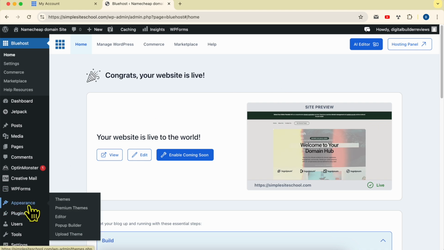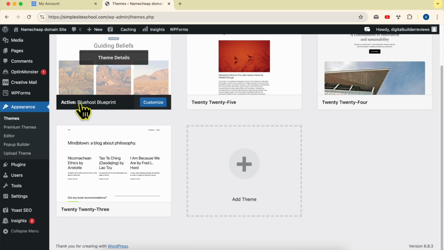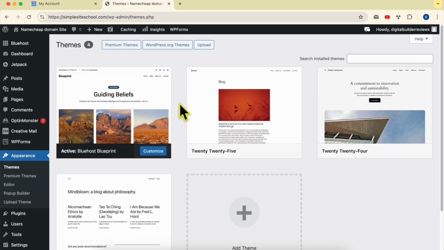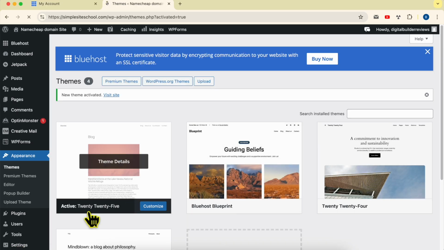Then go to Appearance. Here, as you see, I have this Bluehost blueprint template that I want to delete. So first, I will switch to a different template. So let's activate this 2025 template. And now that the active WordPress theme is different than the one I want to delete, I can go back